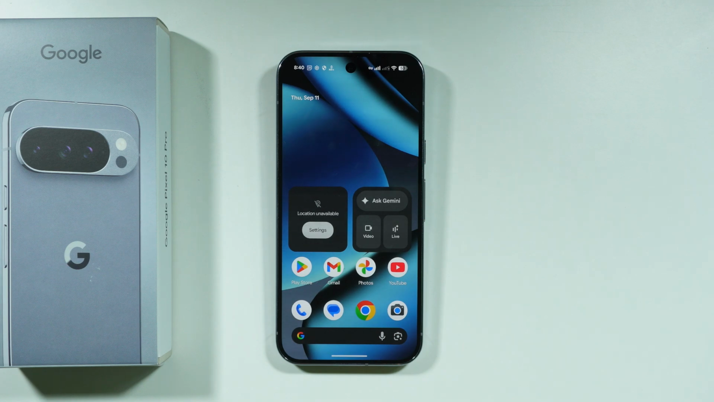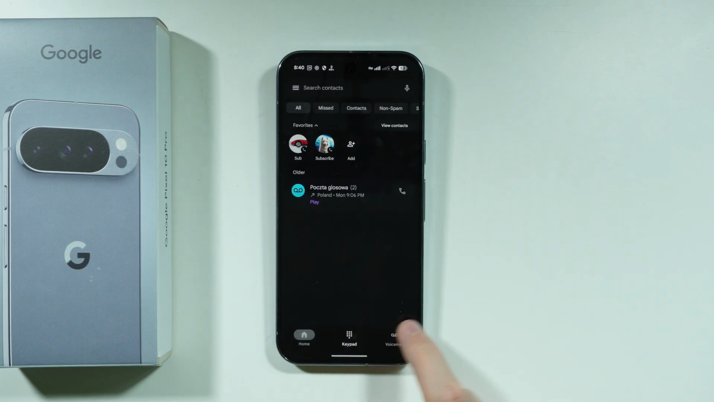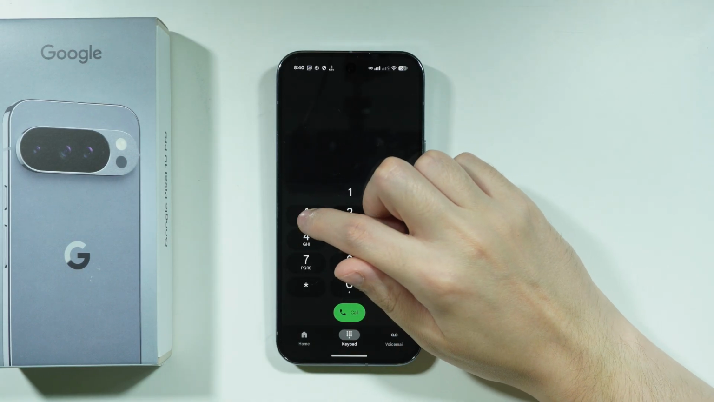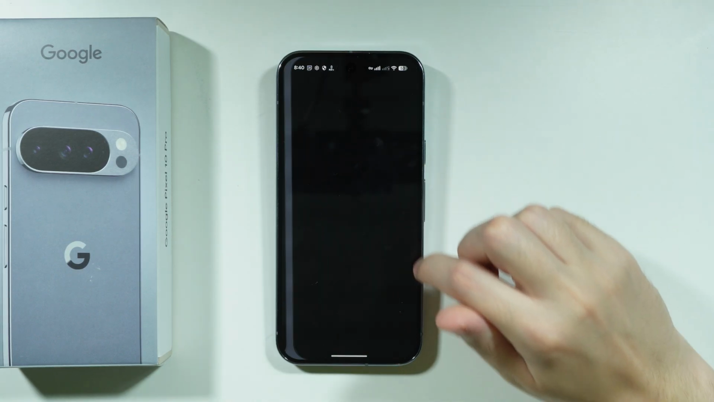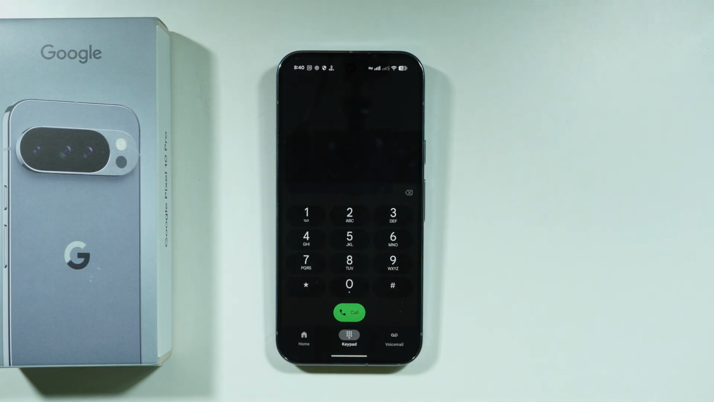In order to check voicemail messages on Google Pixel 10 Pro, you can, for example, open the phone app. Now you can switch to the keypad and press and hold number 1 in order to speed dial your voicemail. And you should be able to listen to the messages, so all messages that someone might have left you. In case you press and hold the number 1 on the keypad and you cannot reach the voicemail,